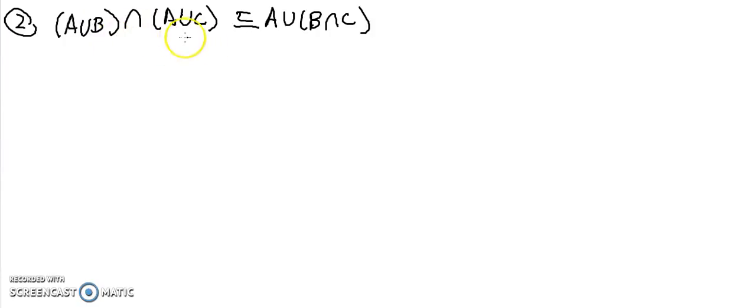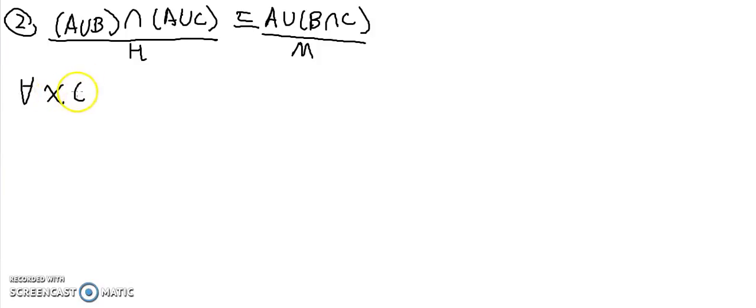Now we're going to prove the other direction. So this is our history club and this is our math club. We're going to prove history club is contained in math club. So we still use the element argument. Let's pick element X from the history club. You can still use the same variable X, or you can pick a different variable. Now we replace intersection with the word and. The conclusion we're going to get is